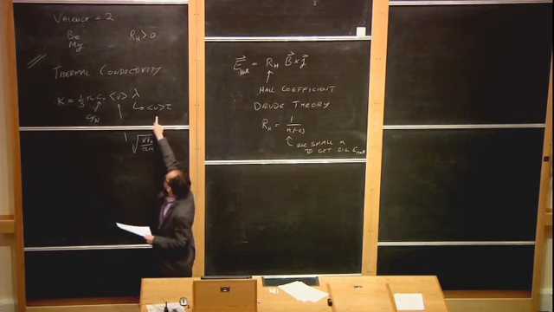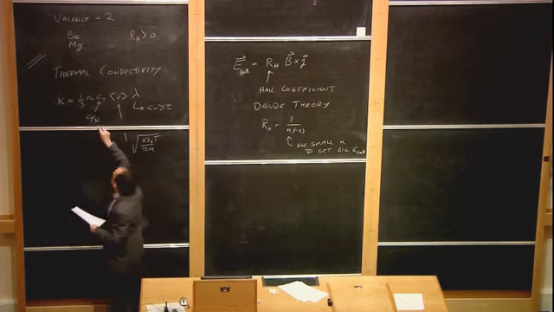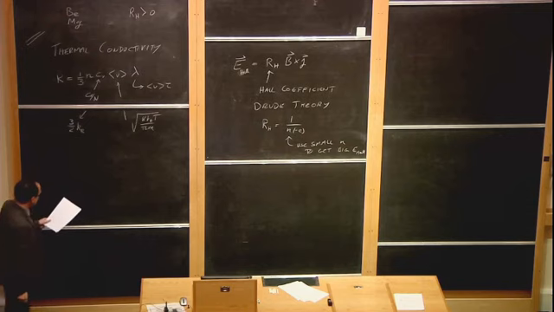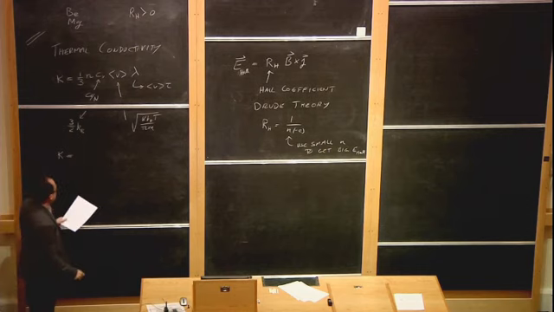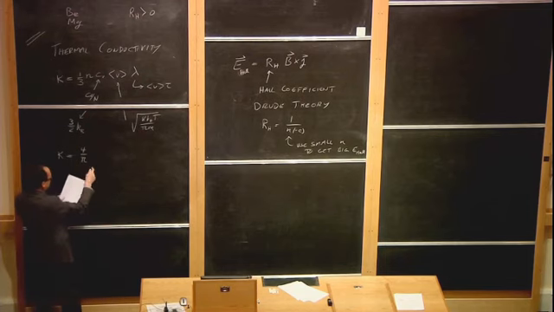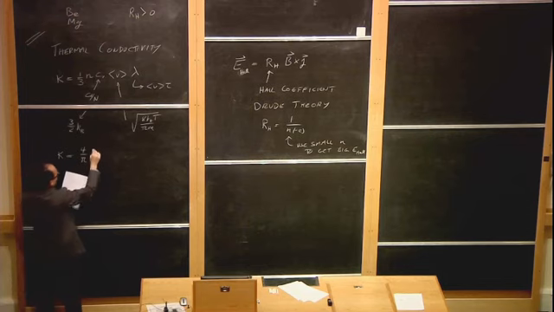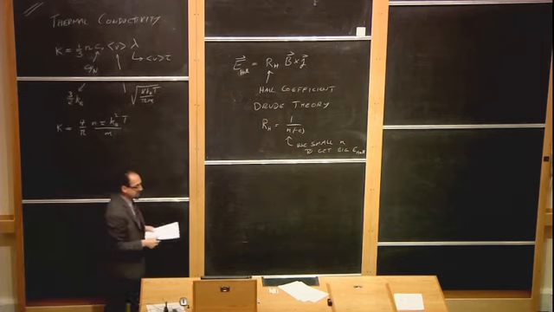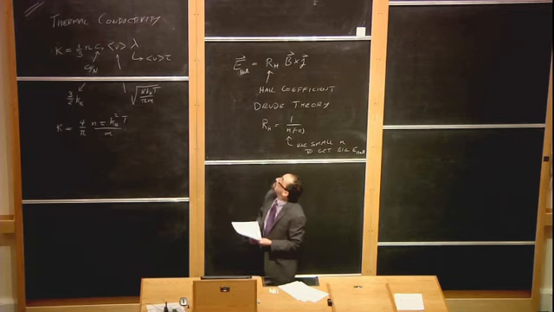It's going to be v squared, because v occurs in two places. We'll plug in the expression from kinetic theory. CV over N is 3/2 kB from classical gas physics. And what we get is the thermal conductivity is 4 over pi. So let's see. The pi comes from down here, having gotten squared. I guess we got a 2 over there, which canceled the 8 to make a 4. Then we have n tau kB squared T over m. So that's the prediction for the thermal conductivity in Drude theory.